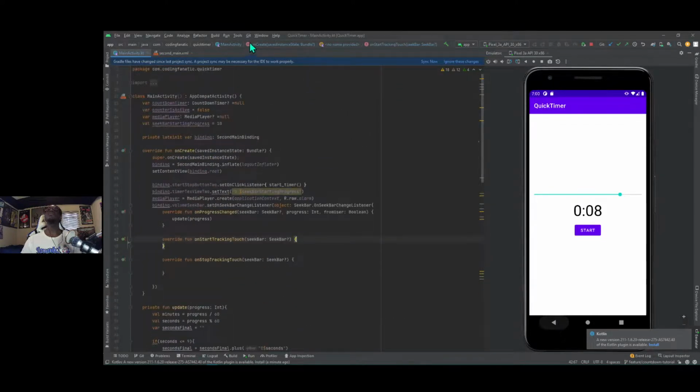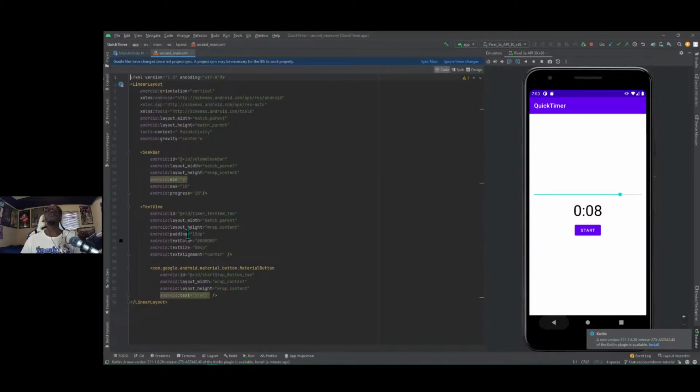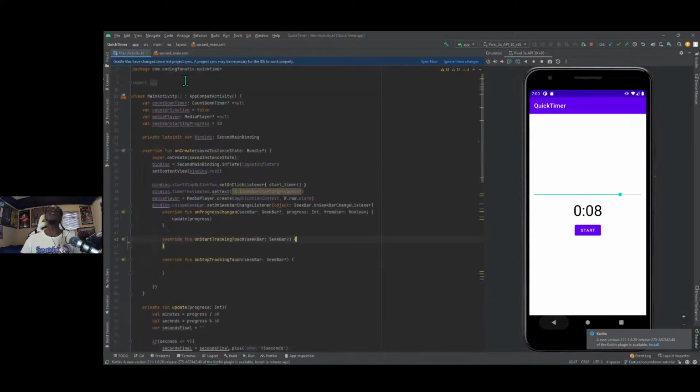Another thing that I pulled up was, if you look at the layout, you'll see the IDs for the seek bar and the text view. Here it says timer text view 2. The seek bar I have is volume seek bar, and the button is start stop button 2. Instead of instantiating new object variables for each of those widgets or views, I used the binding variable that I created and just called them from there. So you have binding.start stop button 2, that references this button. Binding.timer text view 2 references this text view. Binding.volume seek bar, again, references the seek bar, and I just used that in place of those